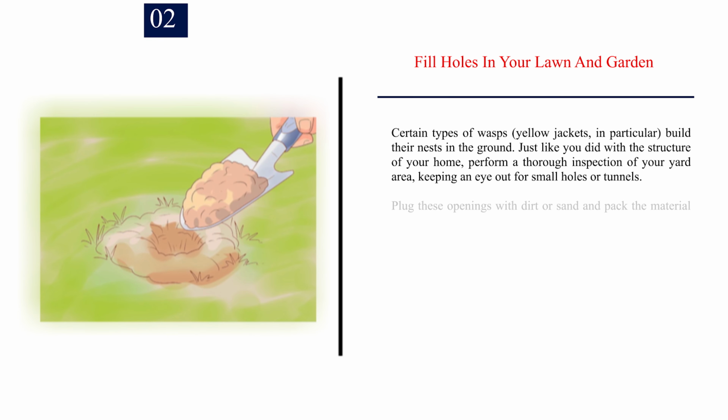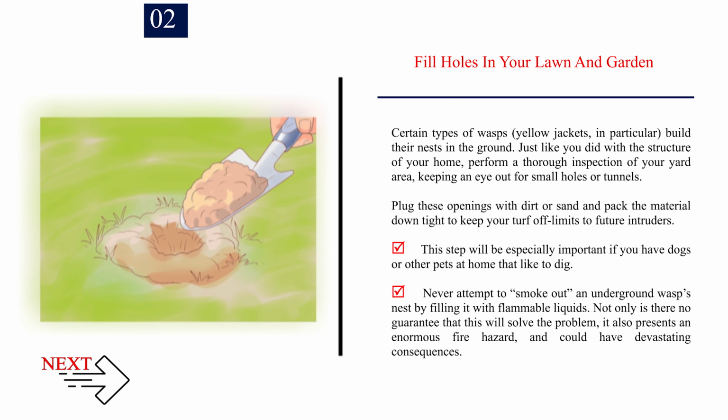Number 2. Fill holes in your lawn and garden. Certain types of wasps, yellow jackets in particular, build their nests in the ground. Just like you did with the structure of your home, perform a thorough inspection of your yard area, keeping an eye out for small holes or tunnels. Plug these openings with dirt or sand and pack the material down tight to keep your turf off limits to